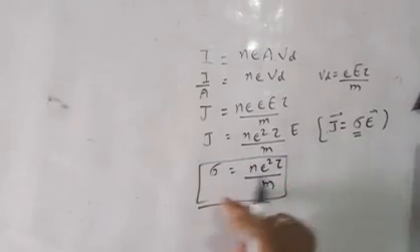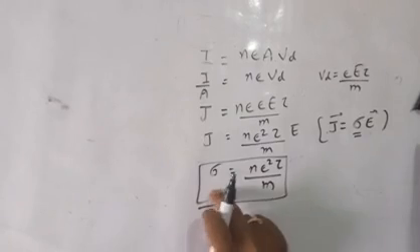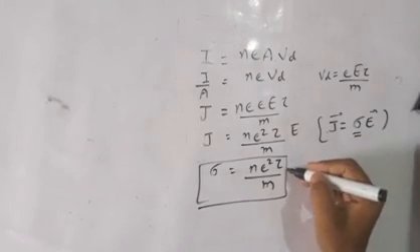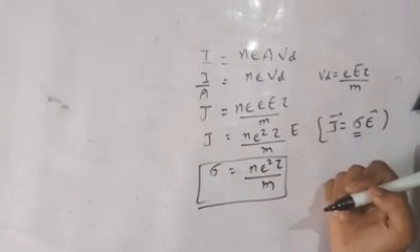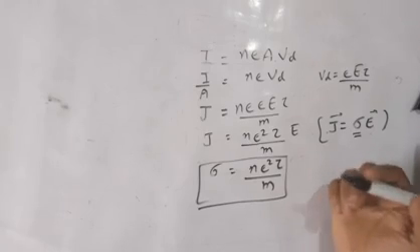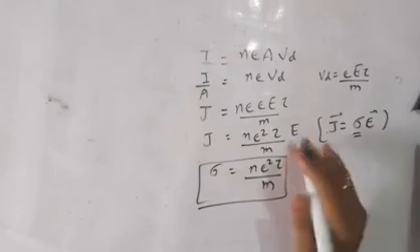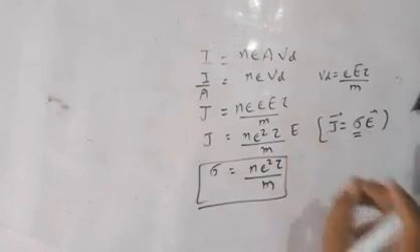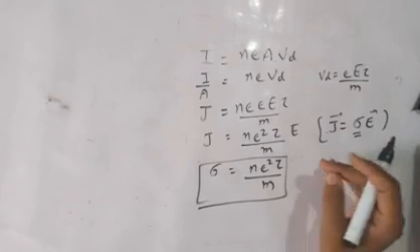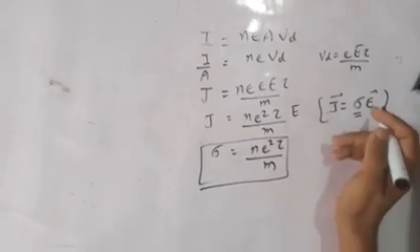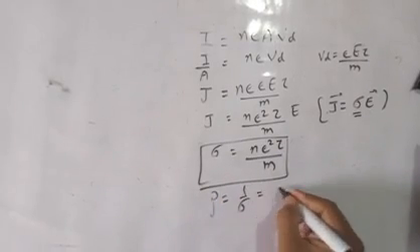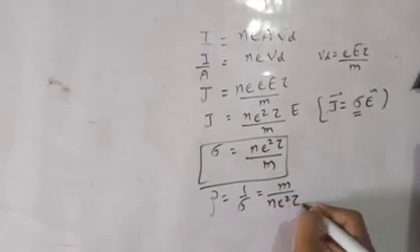Hence it is proved that this sigma, conductivity, depends only on the material of the conductor, because no other factors are here. Tau we cannot change, electronic charge we cannot change, number of electrons we cannot change, and mass is fixed for a particular conductor. So it does not depend on any other factor except temperature. In the next lecture we will discuss how conductivity or resistivity depends on temperature. If sigma is this, so rho will be what? 1 upon sigma, that is M upon n e square tau.